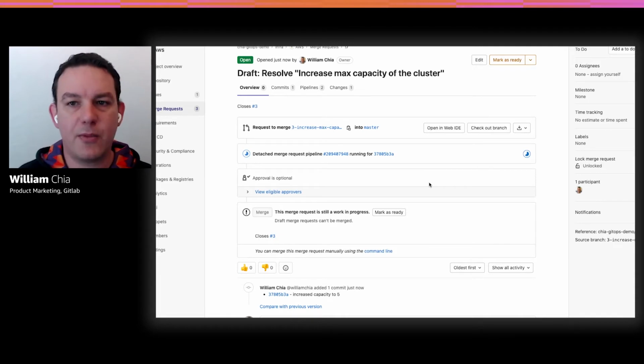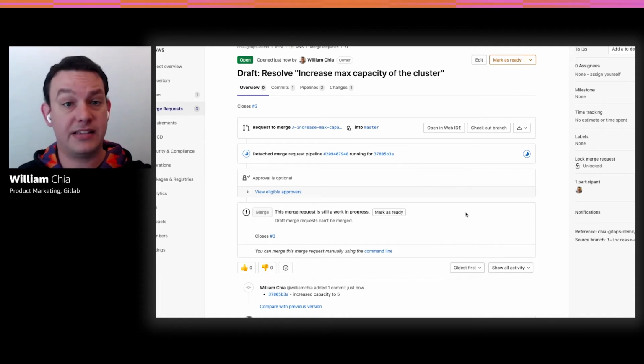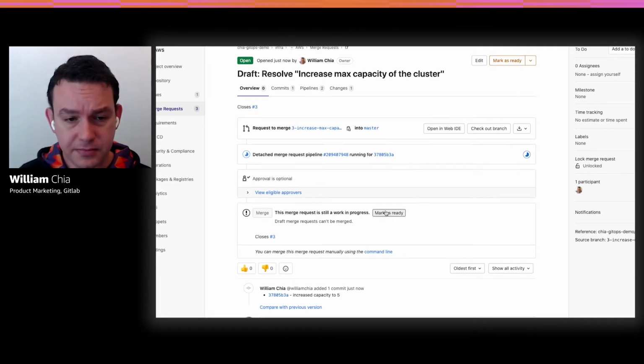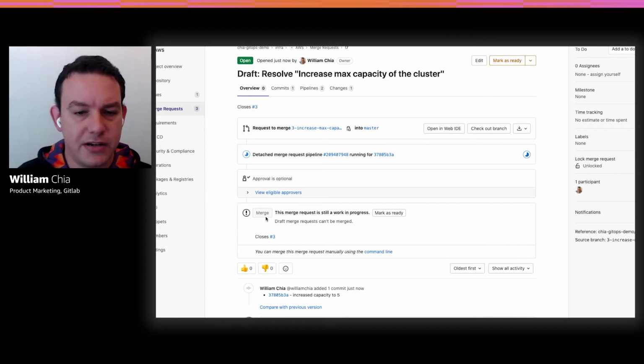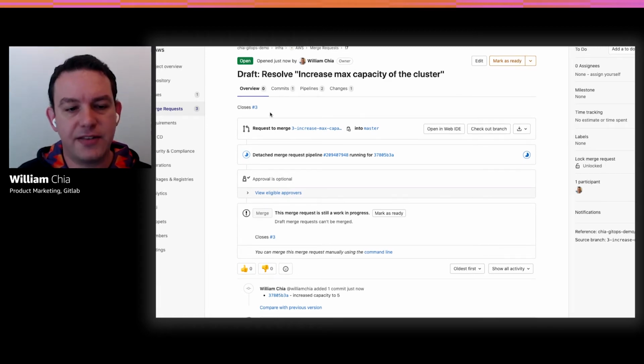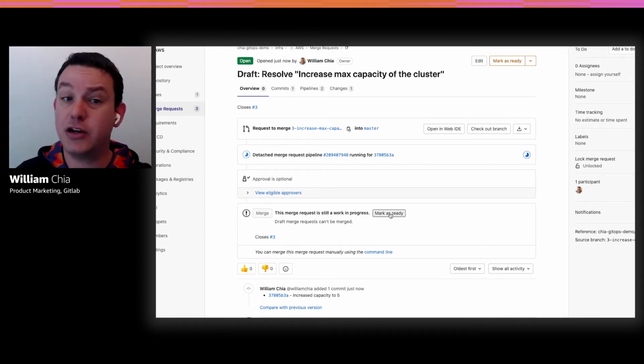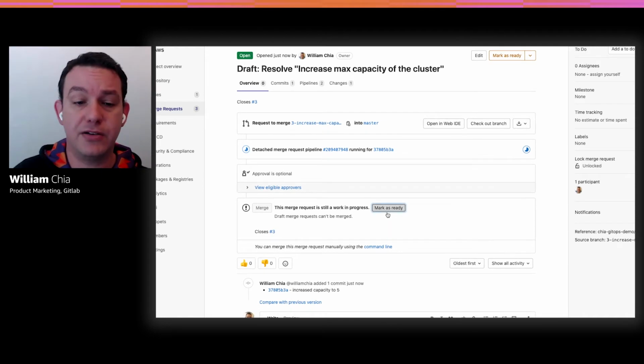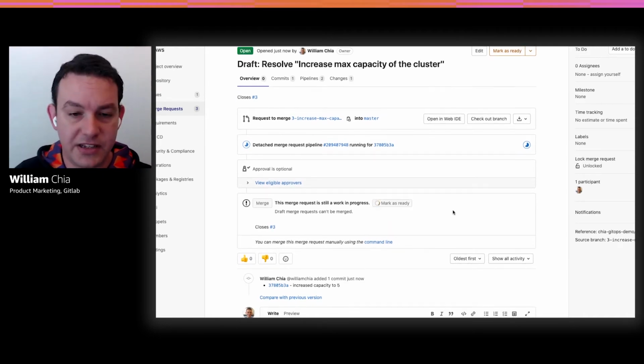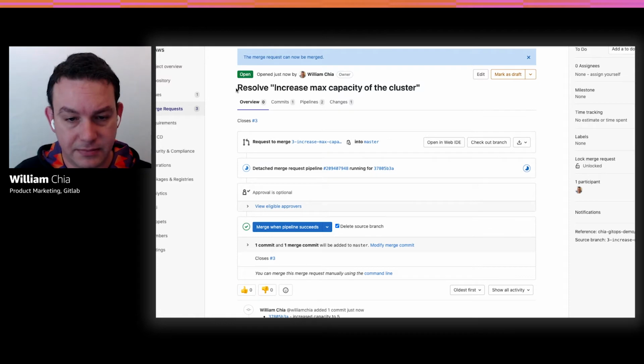Now, there's a few things I want to do before I assign this back for review. The first thing is, you can see it's a draft, and it won't be able to be merged as a draft. Because I think the work is done, and it could be merged by somebody who's got merge rights once it's approved, I'm going to mark it as ready.